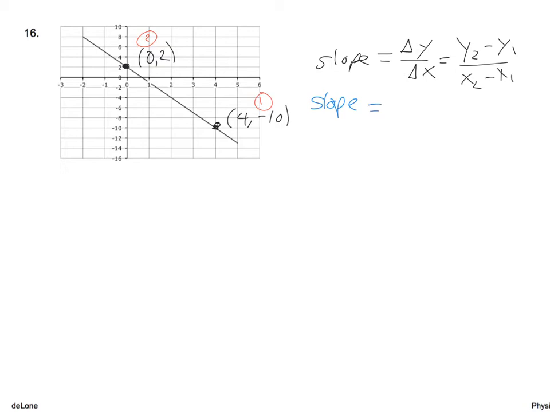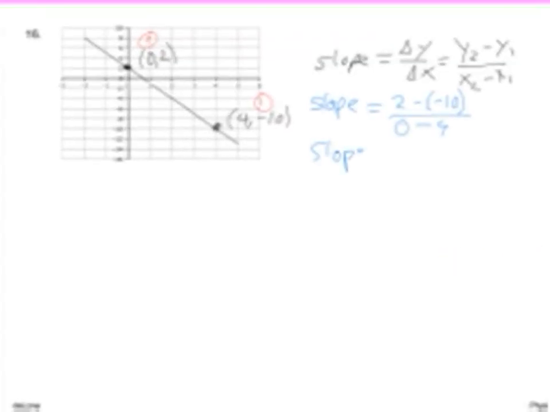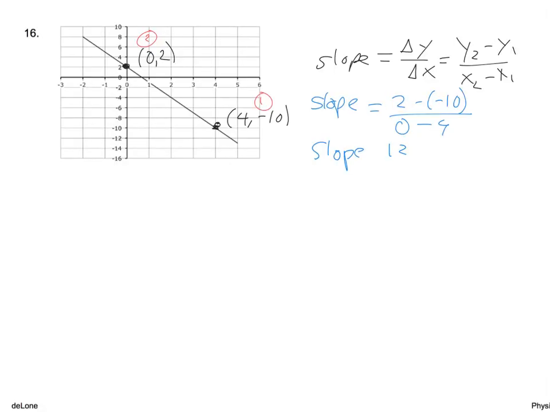So I'm going to say 2 minus -10 over 0 minus 4. Once again, we see how the 0 and the 2 match up, and the 4 and the -10 match up. So I go ahead and calculate this, and I get that my slope is going to be 12 over -4,